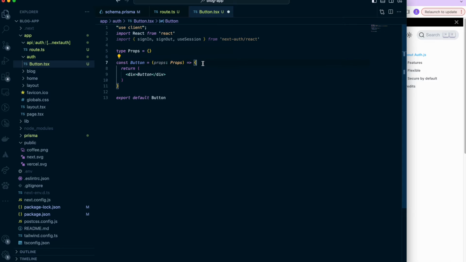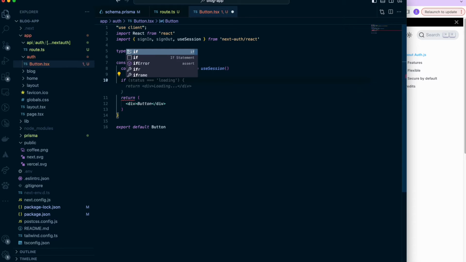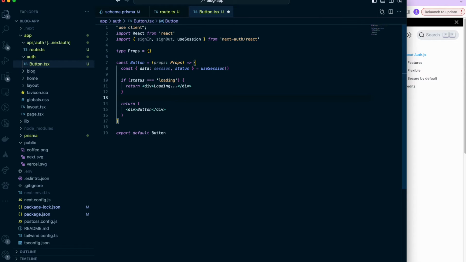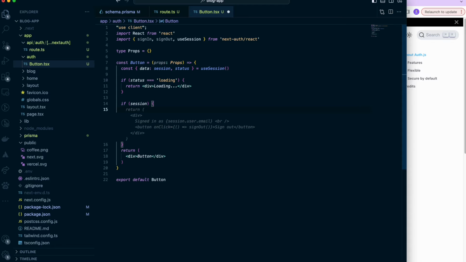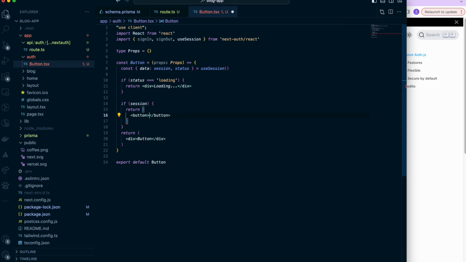And what we do here is we take const data coming in, we rename it as session, and let's also get status, if it's loading or not, from useSession. So if status equals loading, we can just return that it is loading. And if we do have a session, then we would return a button that would say sign out. And on click,